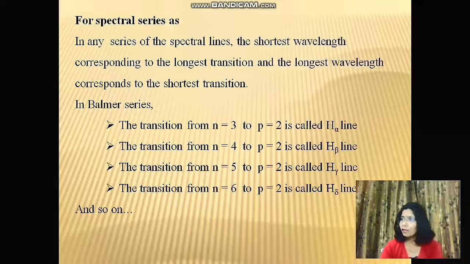Now friends, we'll study about the strengths and limitations of Bohr's model of the hydrogen atom. As we know, Bohr's model is able to explain the spectra of the hydrogen atom, and it must be tremendously modified to accommodate other elements. It cannot be applied to multi-electron atoms, does not predict fine structure of the atomic spectral lines, and does not provide a method to calculate the relative intensities of the spectral lines.